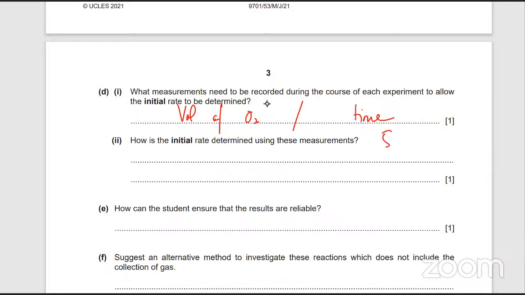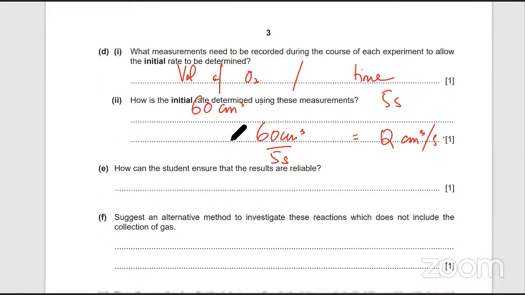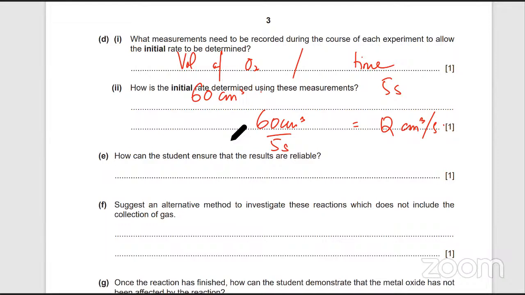कि let's say 5 seconds के अंदर this is the volume of oxygen gas, let's say 60 cm cube. So what is your rate? It's 60 cm cube divided by 5 seconds, and that's going to give you 12 cm cube per second, right? So that's your initial rate. फिर वो कह रहे हैं to allow the initial rate to be determined. The initial rate, ठीक है।